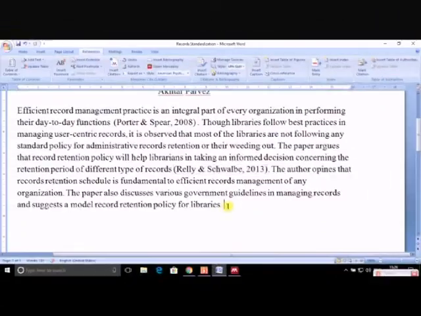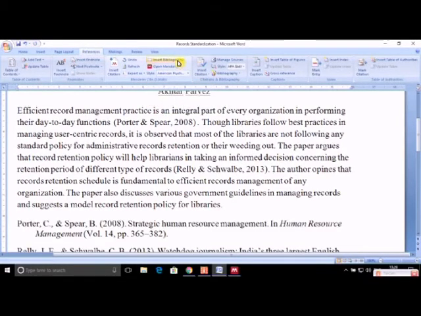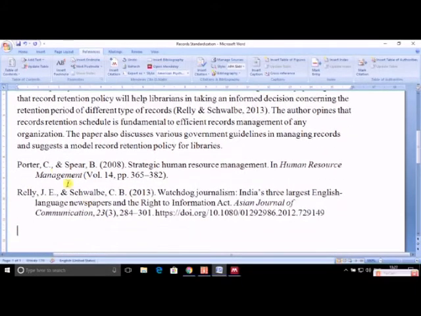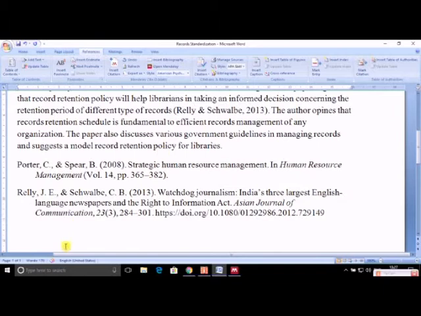In the same manner, what we saw in MS Office Word, we can add references using Mendeley plugins. So this is how I add references. These are the references which have been created by Mendeley.